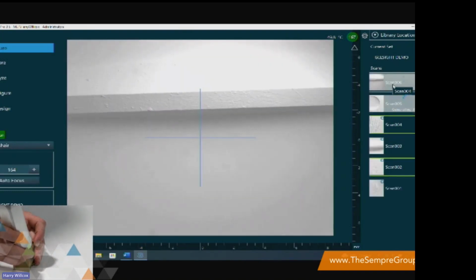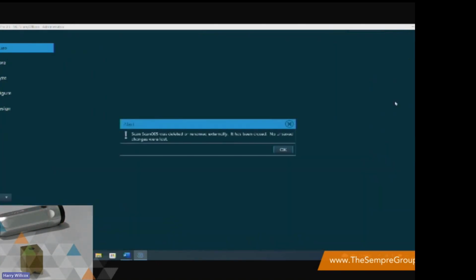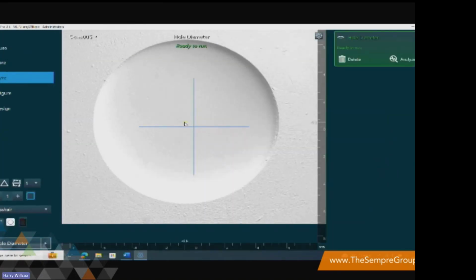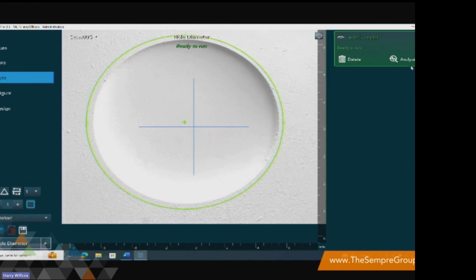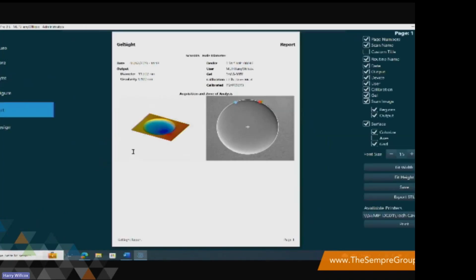You can see nice and clear there. If we were to look at the hole diameter first, go into the software and I can click hole diameter. I can draw the boundary of where the diameter is, and the software will find the edge, and it gives me the diameter as well as the circularity. So we can look at reporting this. If I go to the PDF function and click save,